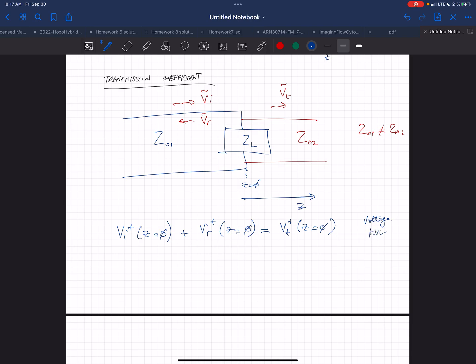KVL. And if we look at Kirchhoff's current law at that point and look at the currents, this will be the current coming in. So this is I0, this is the current I incident going in this direction, plus the,